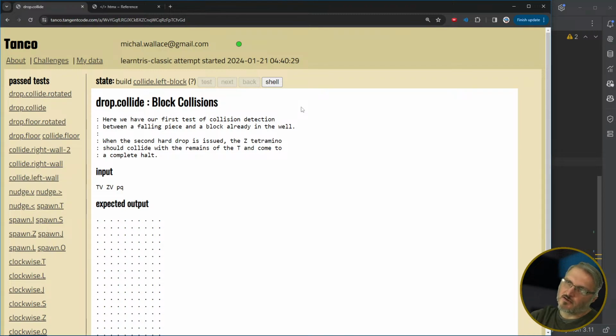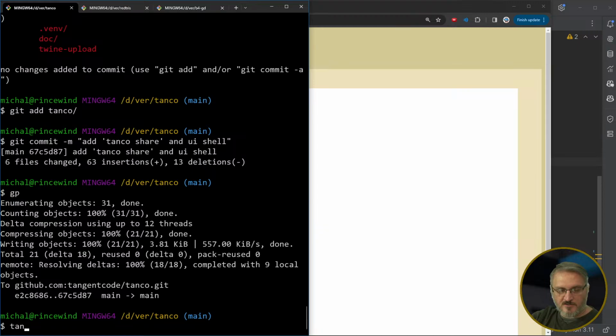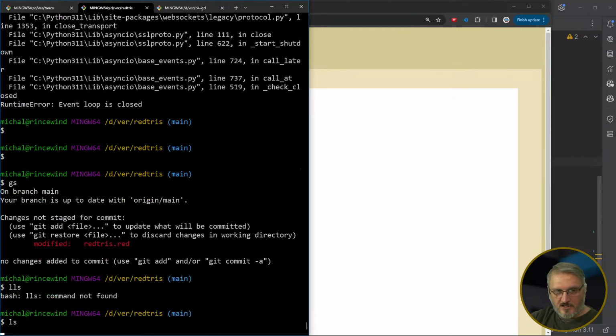Like, what's the point of that? It kind of really doesn't make a lot of sense to have that as a command because you can just run your program directly. I'm talking about from here, right? Because you can run this thing called tanco shell, or if you're in the directory where you're making your thing, and you have your